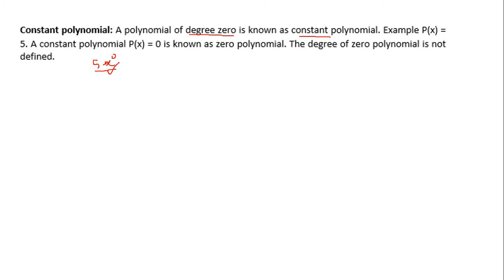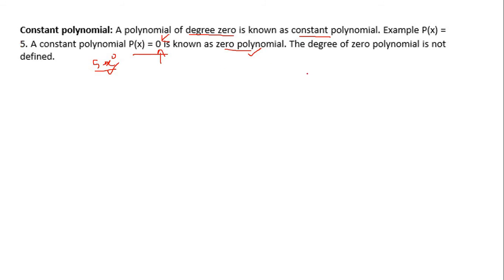So it will be a zero degree polynomial. But you remember, if px is coming 0, since 0 is also a constant, px equal to 0 is known as the zero polynomial. This category you have to separate from it. So px equal to 0 is called a zero polynomial, whose degree we cannot define. Okay, so apart from 0, if any other constant is there, then you say the degree is 0.